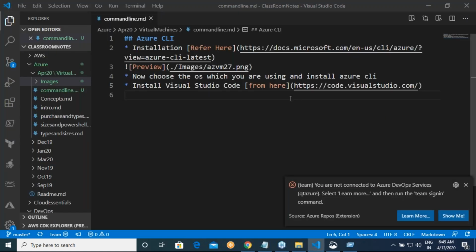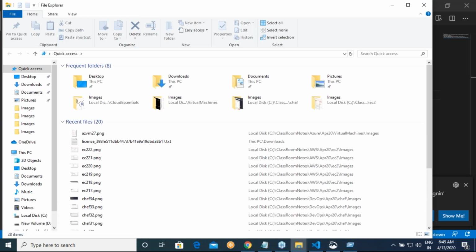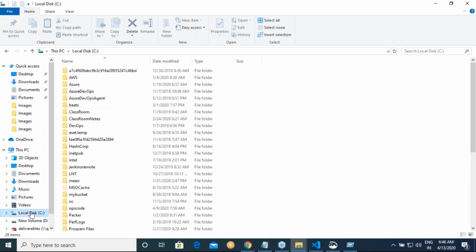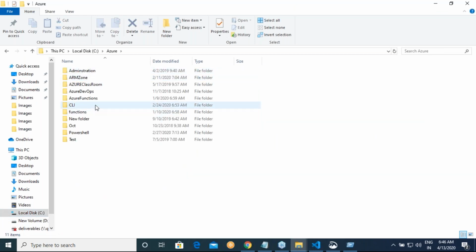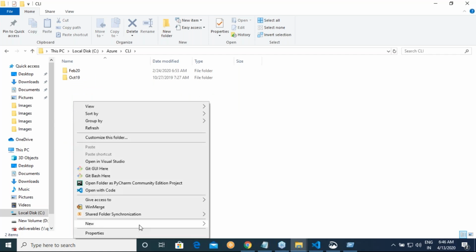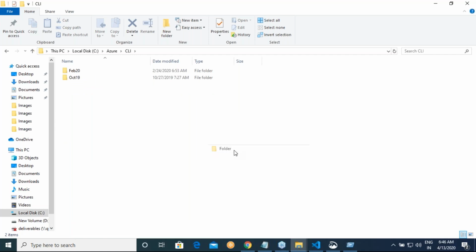So now what I'll do is, for whatever CLI we are going to do, I'll go to C drive. There is a folder called Azure, and in this there is CLI. I'm creating a new folder over here, which I would call April 20.